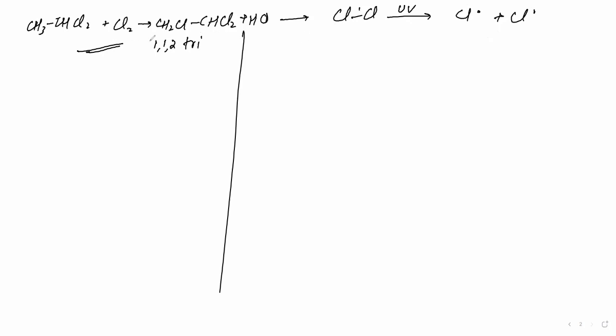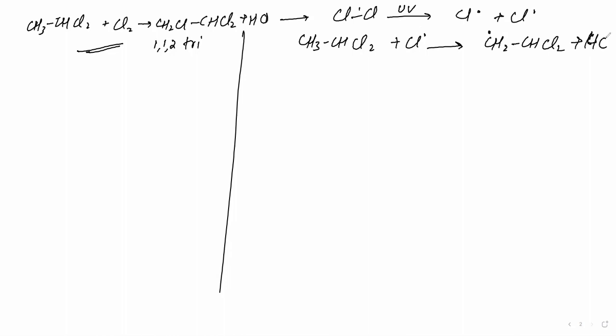You will see that the chlorine free radical will react with CH3CHCl2. Now the chlorine free radical will find it easy to remove hydrogen from here instead of from here. The reason is that there are two chlorine atoms available here, which will cause repulsion for this new chlorine free radical, because they have the same charges. So it is easy for this chlorine free radical to remove hydrogen from here. So it will form CH2CHCl2 free radical, plus